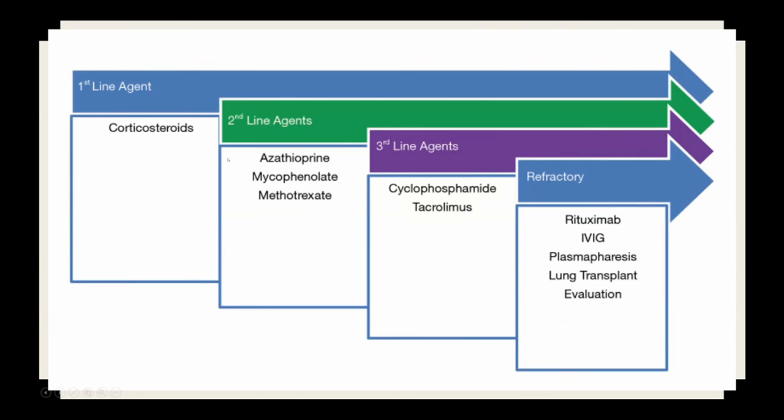So treatment: first line is steroids, like it seems to be for all of our rheumatic diseases, usually pretty aggressive, especially if they have rapidly progressive lung disease. That's always the biggest concerning thing. So those patients would probably get pulse dose. But if they have more of a slower course, not requiring hospitalization, and this is an outpatient, then probably about a mg per kg and taper them over a couple of months while you're adding in one of these steroid sparing agents.